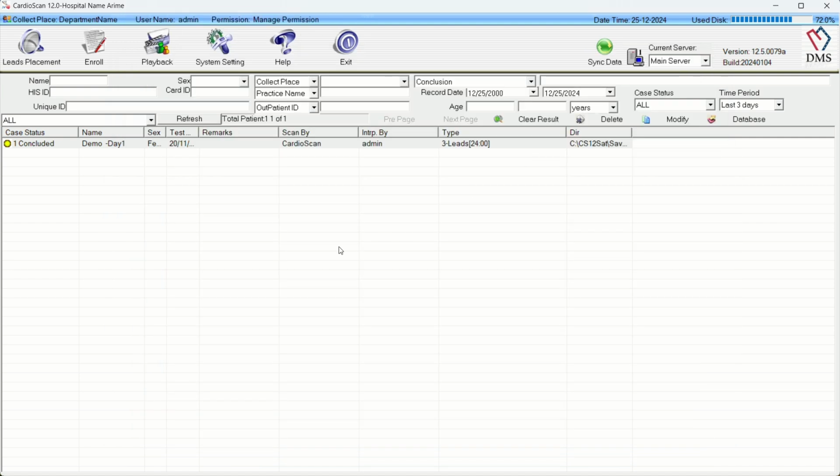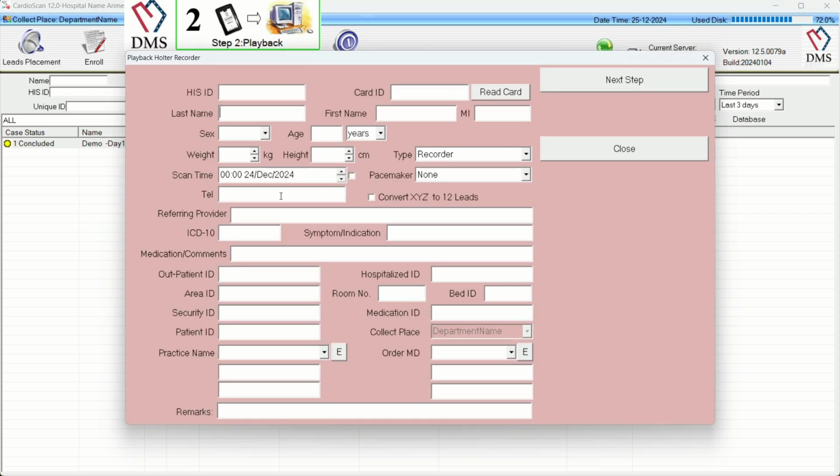Then the patient goes to complete his recording for 40 days or less, and when the patient returns, we do the same procedure and connect the SD card to the computer in the same way and click playback. Playback is to download the patient's data. All of this data will be filled automatically, and all we have to do is click next,